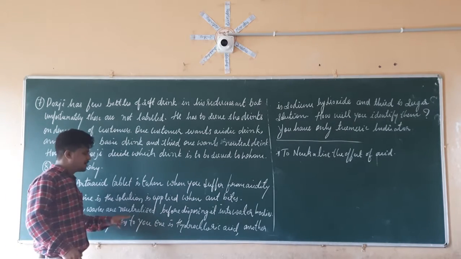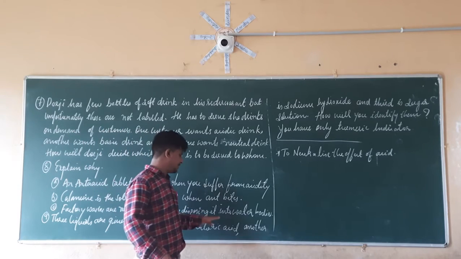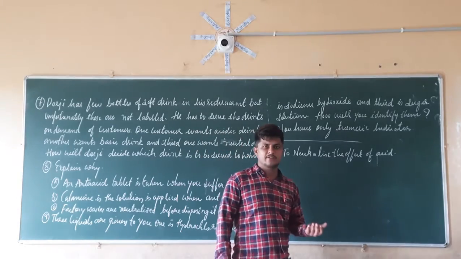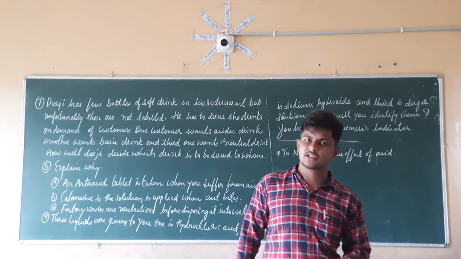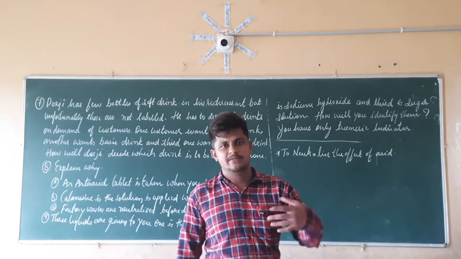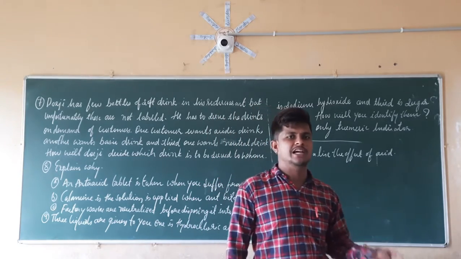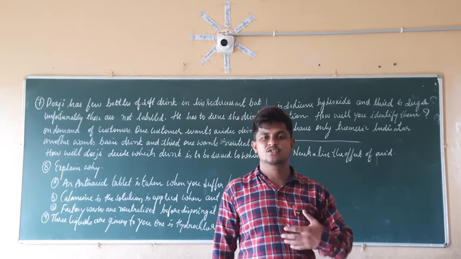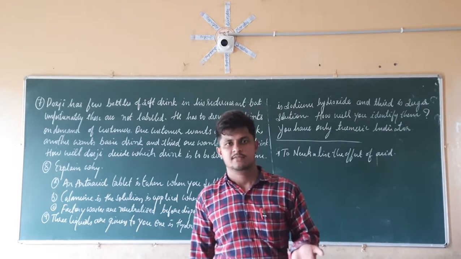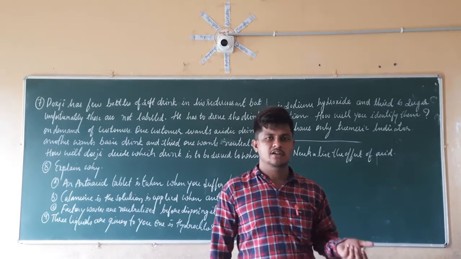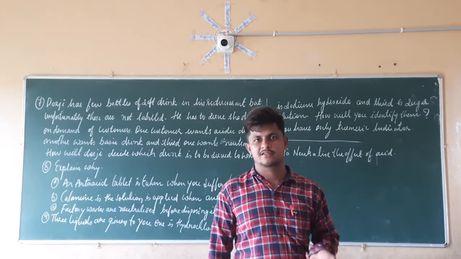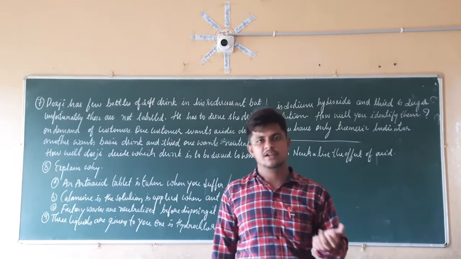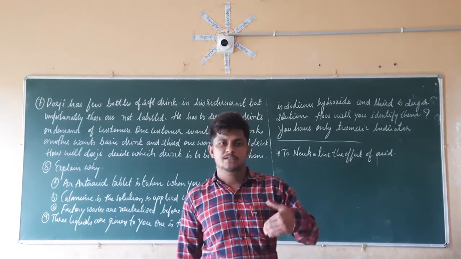So let us consider question number C here, of main question number 8. Factory waste is neutralized before disposing it into the water bodies. Now we already know that factory waste contains acidic waste as well as basic waste. That acidic waste as well as basic waste is not good for aquatic organisms, and it is not good for us also, since it is going to contaminate the water bodies. When it contaminates the water bodies, there will be very many side effects. So for that reason, we have to neutralize the effect of the acid as well as the base before disposing it.